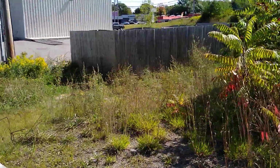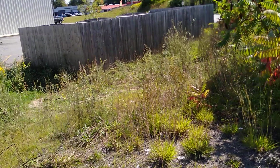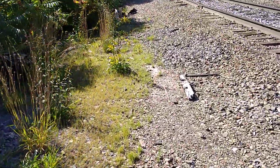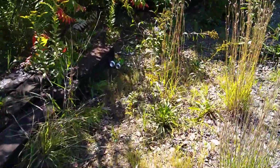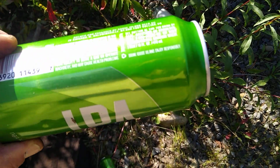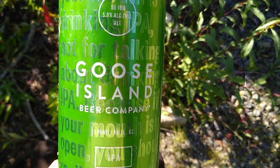Now, I think that's where that guy I met with the beer slept last night. I think he slept right there because there's a matted down grassy area right there. But I hadn't seen hide nor hair of him. I was looking at the beer he was drinking, and I've never heard of it. It must be a local generic brand. Goose something. Goose Island. I don't know if that's a local brewery or...